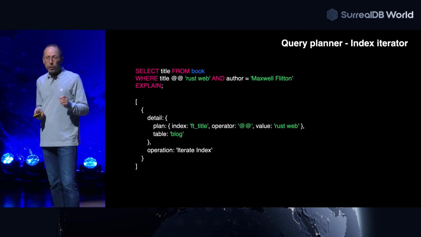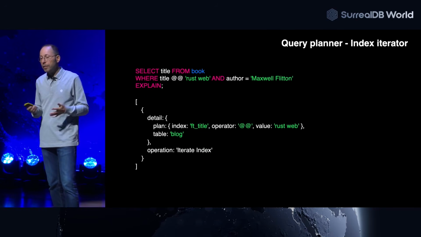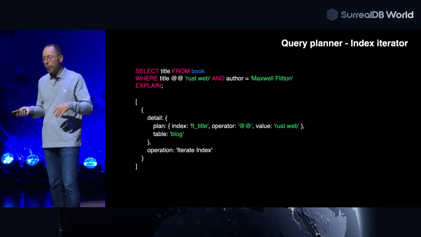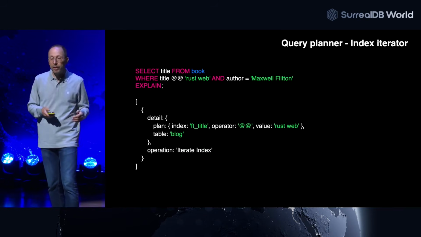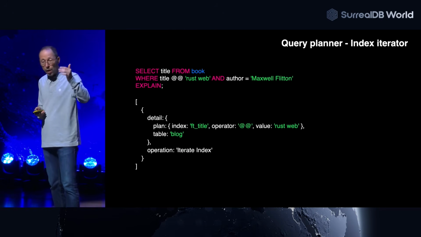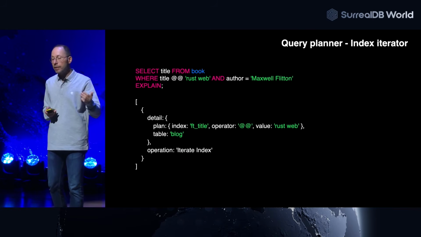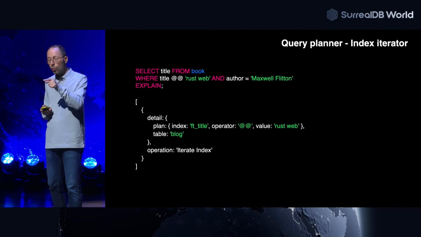With the query planner comes a new parameter to select: EXPLAIN. I believe you are already familiar with this logic of explaining a query in SQL databases. In SurrealQL, it's EXPLAIN at the end of the SELECT. You get an explain plan, where we explain whether or not it is using an index, and how. In this case, an index has been identified.